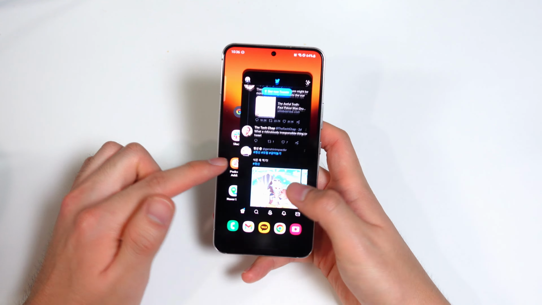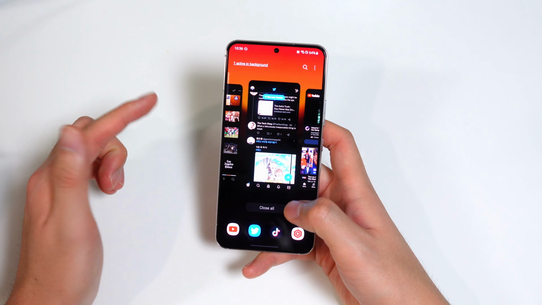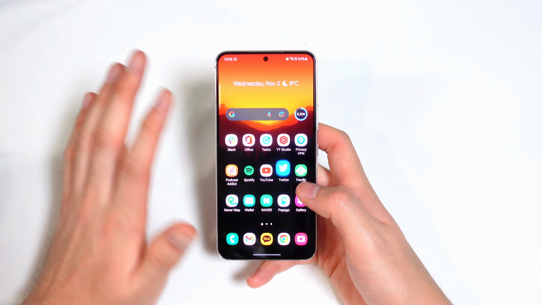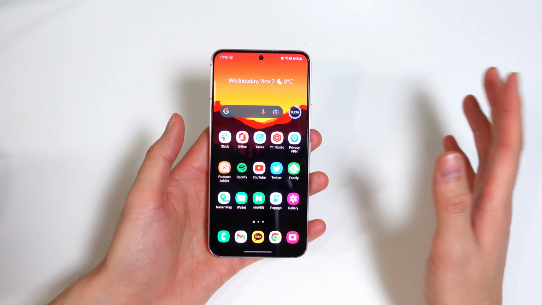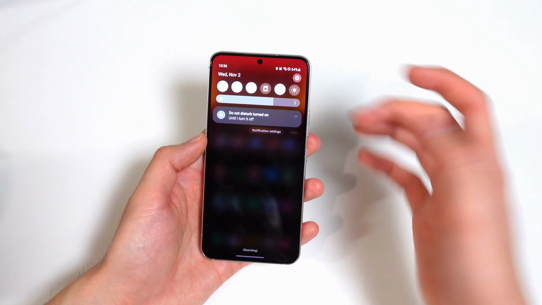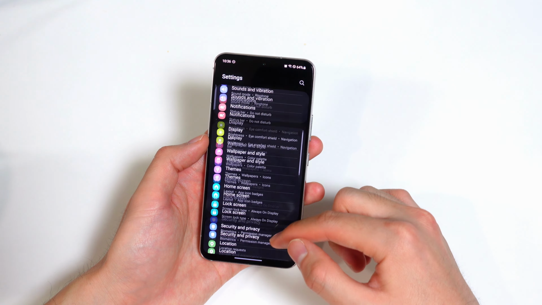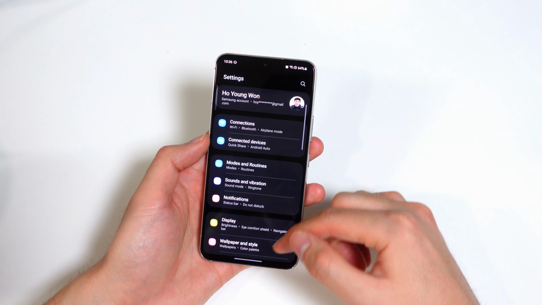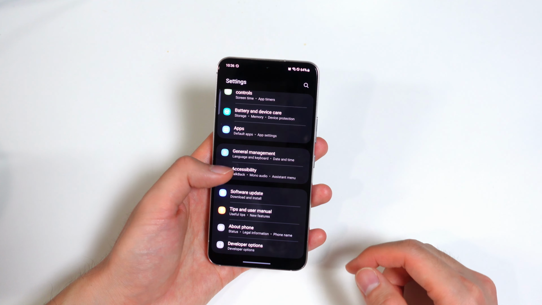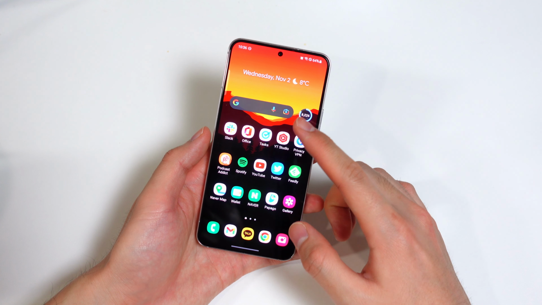So let's just open these apps again. Swipe up to go to recent apps. You can really slow down the video to see the difference yourself if you really want. Apparently they've also increased scrolling speed as well to make the UI seem more fluid. So if you go to the settings, you scroll down, it's not as systematic or blocky as it used to feel. Also, the blur effects seem to have been a little enhanced as well.